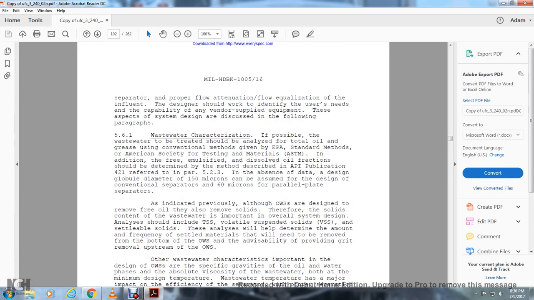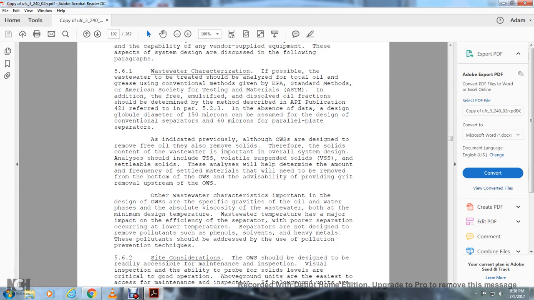561. Wastewater characterization. If possible, the wastewater to be treated should be analyzed for total oil and grease using the conventional method given by the EPA standard method or the American Society for Testing and Materials. In addition, free, emulsified, and dissolved oil fractions should be determined with the method described by the API publication 421 referred to in paragraph 523. In the absence of data, a globule diameter of 150 microns can be assumed for the design of the conventional separator, and 60 microns for the parallel plate